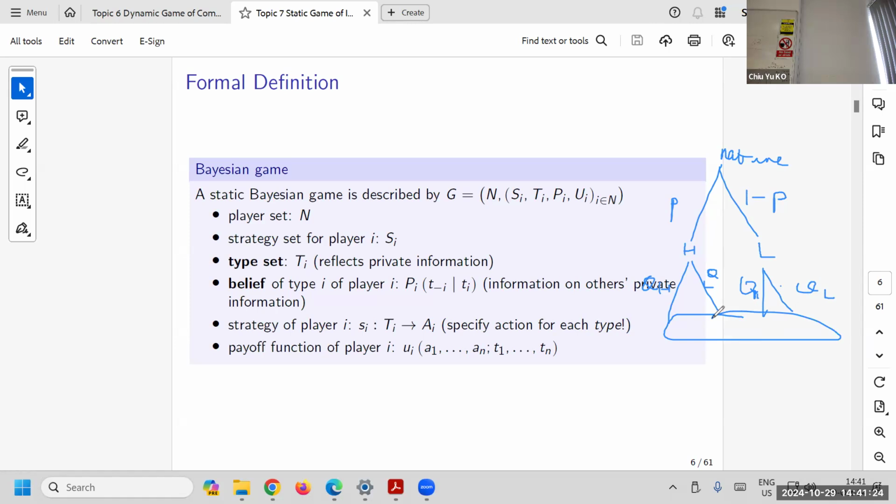Okay, and depending on the nature draw, he has to say under high what do you do, under low what do you do, because this is two subgames, not two scenarios. He can distinguish, which means that depending on type, he has to tell what to do. That's why it's type to action. Remember, you have to specify for the player what to do for all possible types he gets chosen. So that means the payoff will be like this function. It's a little bit technical, but you will see very soon what we are doing here.